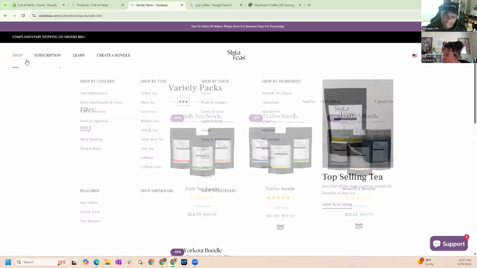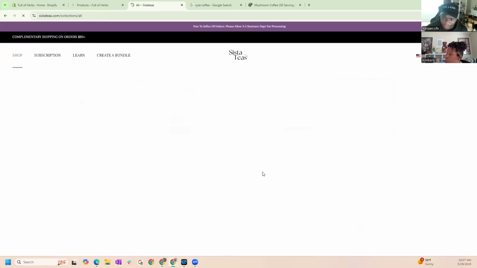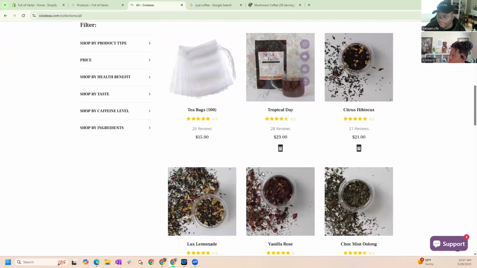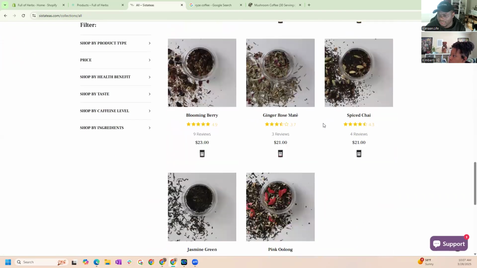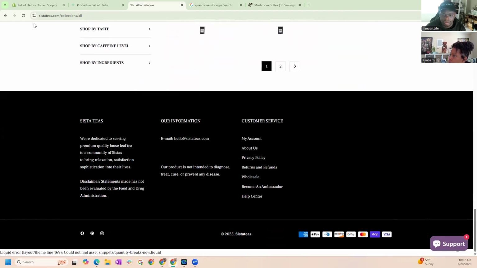Because even if we look at Sister T's, making sure it's 1080 by 1080 pixels. But like the straight white bag, this is a picture of me that I took. I took all these pictures actually, but this is just a simple picture though. If we go to the honeys,